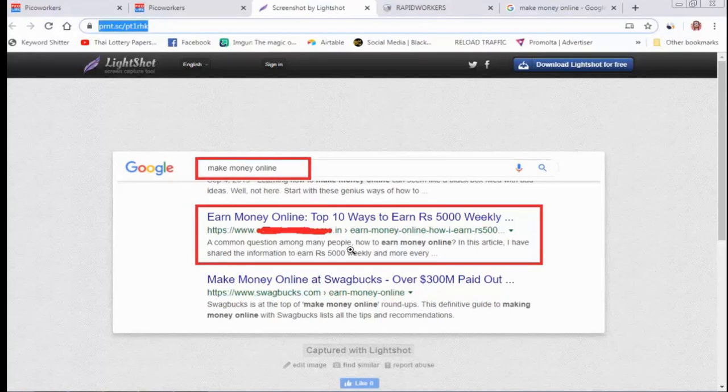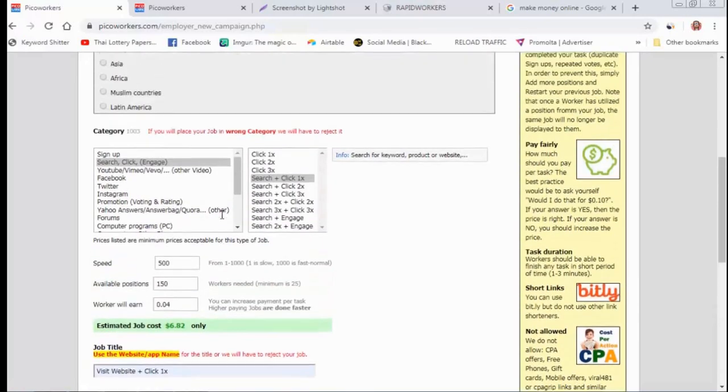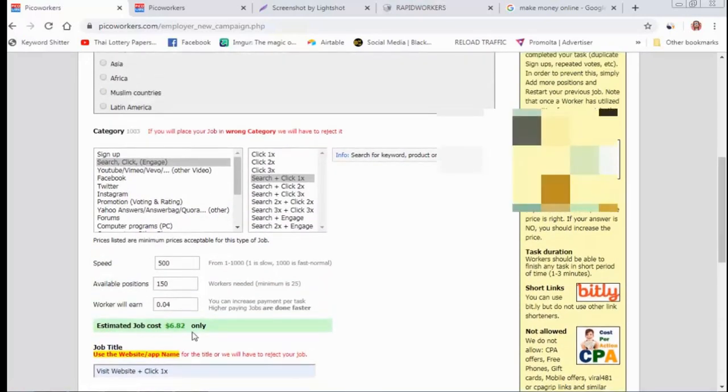So I can send this type of traffic with this keyword, but you cannot send it because your website is not ranked on Google. You cannot send traffic from a search engine. So you can send another kind. For example, you can send from a Facebook page or a Pinterest page, but it is not the best campaign. So always send traffic from search engines.